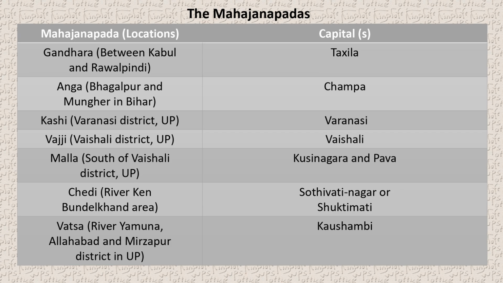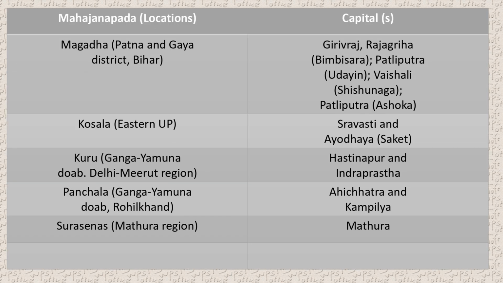Malla, south of Vaishali district, UP, Kusinagara and Pava. Chedi, River Ken, Bundelkhand area, Suktimati. Vatsa, River Yamuna, Allahabad and Mirzapur district in UP, Kaushambi. Magadha, Patna and Gaya district, Bihar, Girivraja, Rajagriha, Bimbisara, Pataliputra,